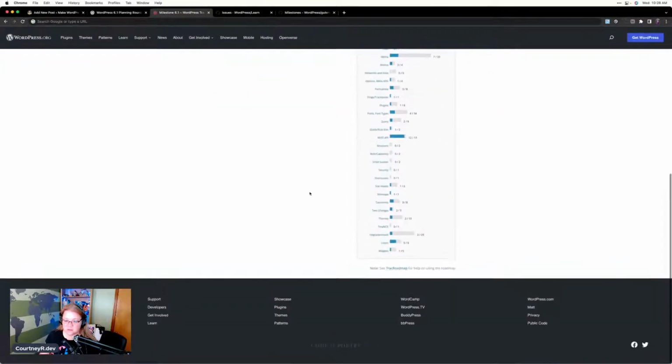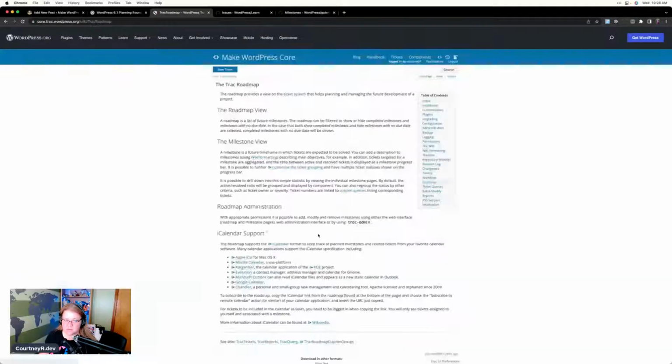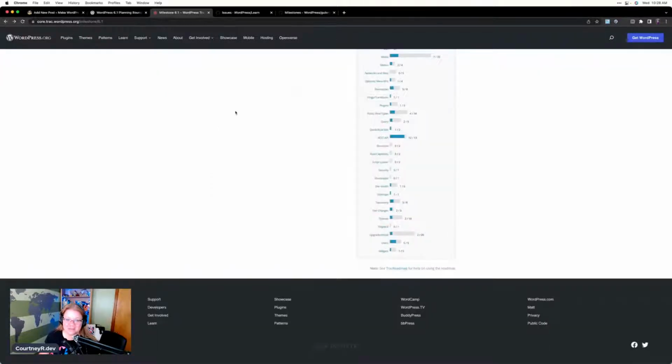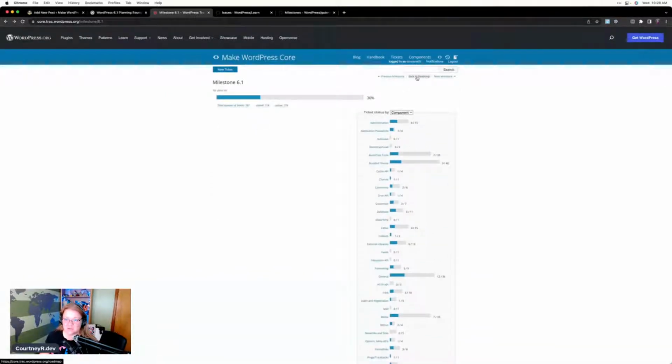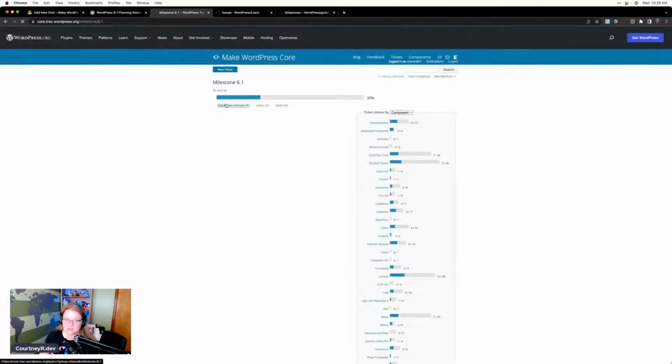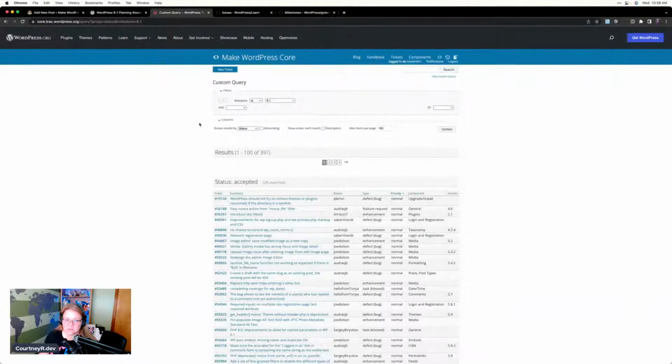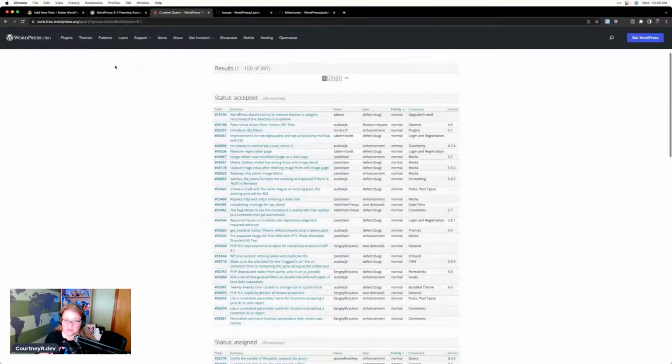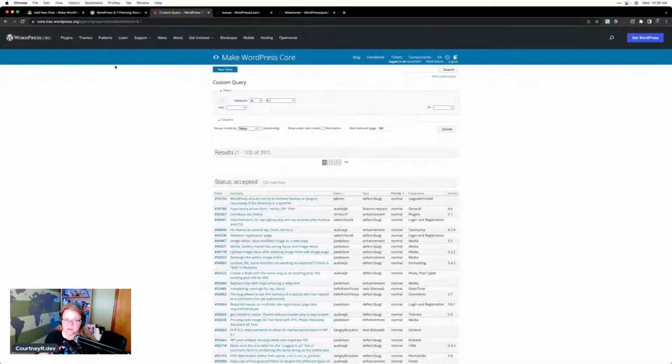Do Trac roadmap. Let's see. Nope. That's not what I need. Pardon if I'm not the most refreshed. Once I'm in here, I know next milestone and previous milestone. So that's the 6.0.2. This is 6.1. Number of tickets, this many tickets. We want the ones that are going to stay in this, right? So group by status. Milestone is,